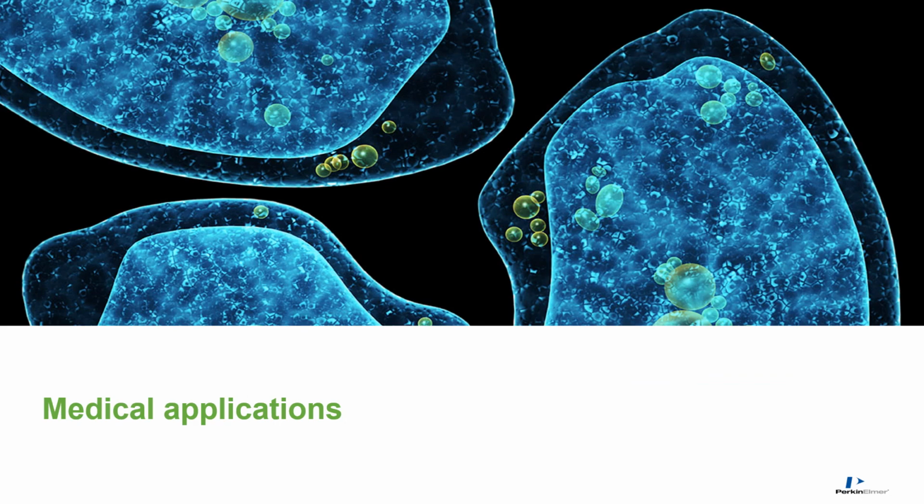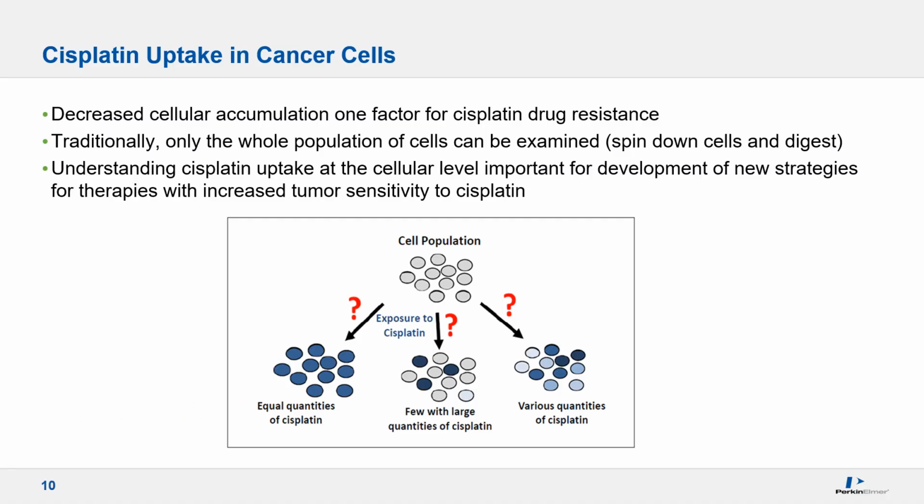Okay, with that, let's move on to the applications. Having had a review of the requirements in order to do those measurements, we want to look at some of the work that has been done on small molecular drug uptake in cancer cells. Here we look specifically at cisplatin uptake. Cisplatin is important in cancer because decreased cellular accumulation is one factor for cisplatin resistance